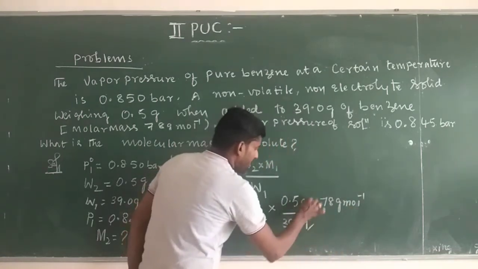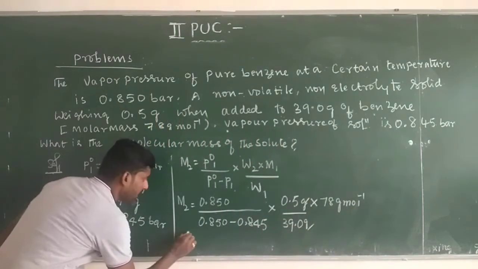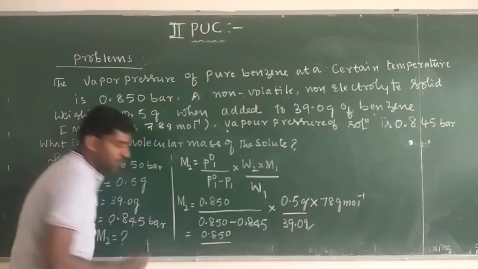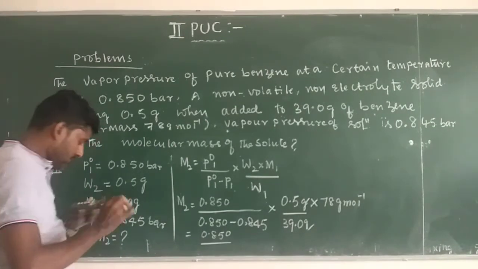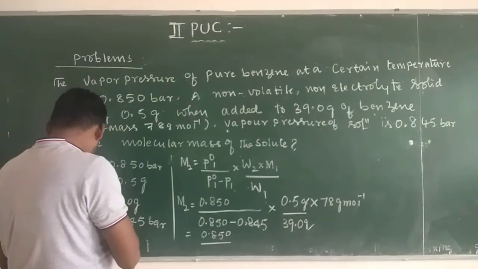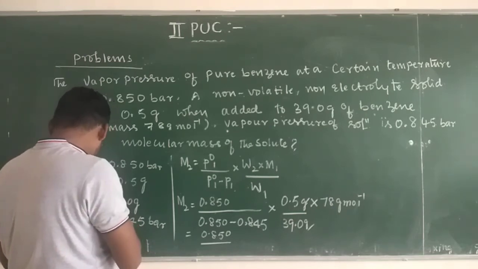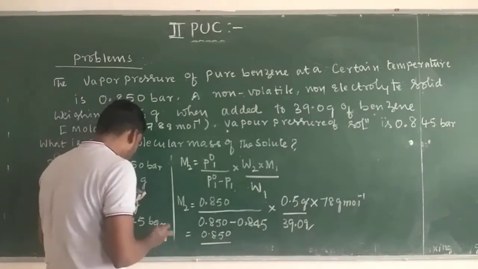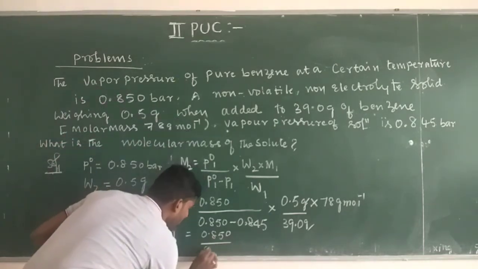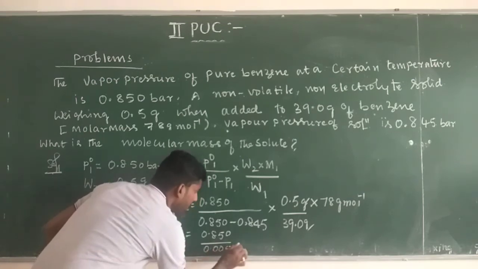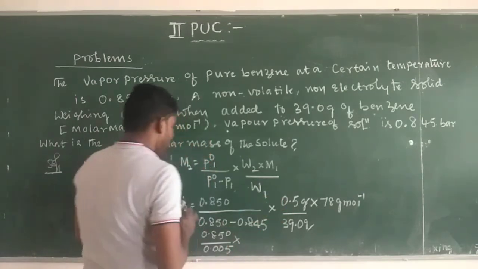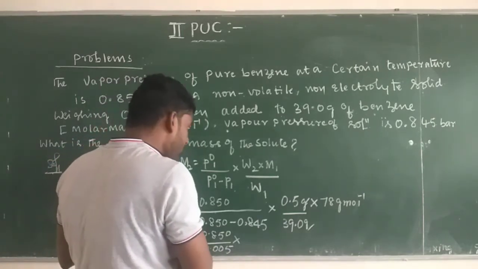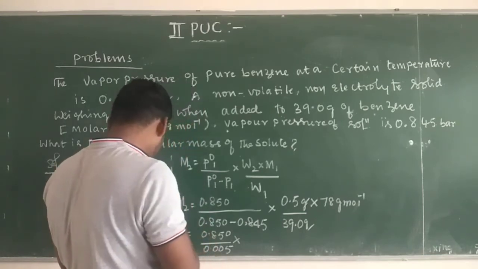So here gram cancels. So let us find: 0.850 divided by 0.850 minus 0.845, that is 0.005, into 0.5 into 78